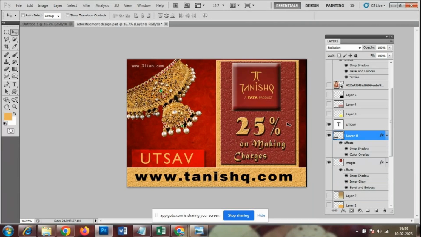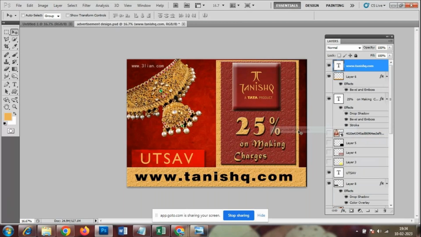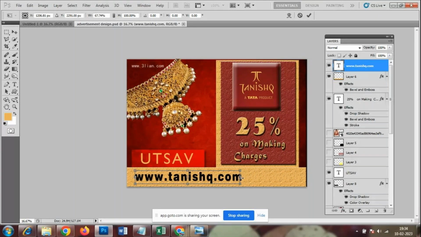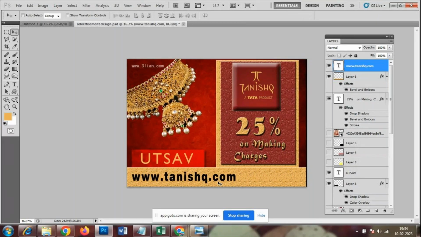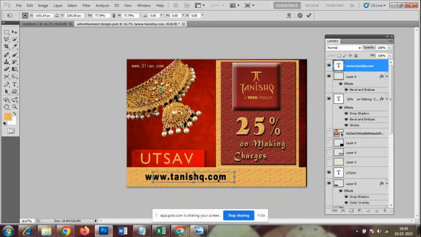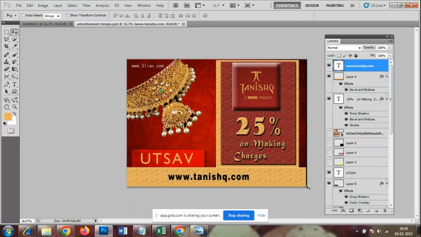So this is the blending option. Using the blending option, we could create whatever kind of designs. So I could reduce the size of this. I could add some more text over here. Control T. I'll just scale this image. I'll keep it in between like this. I don't have any text to add here, so I will finish this one. Because we need to do so many things in this design, but